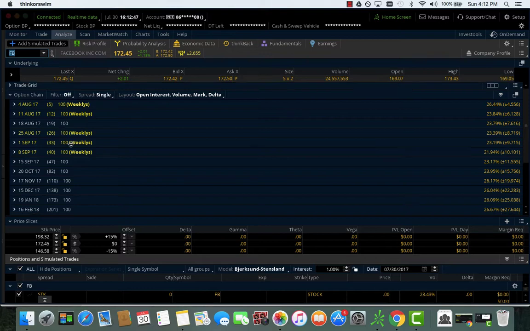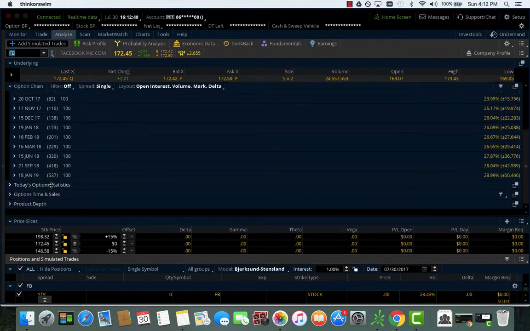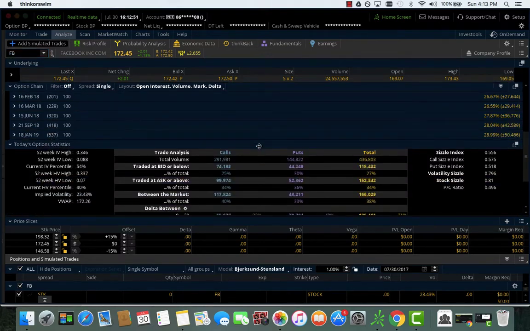So if we look at Facebook here, again, the Thinkorswim platform, we can go to today's option statistics and we can see options data from the previous trading day. I'm doing this on Sunday, so this is from Friday. We can see there's 436,000 options contracts traded. This number, without looking at anything else, nothing else matters. This number says, okay,